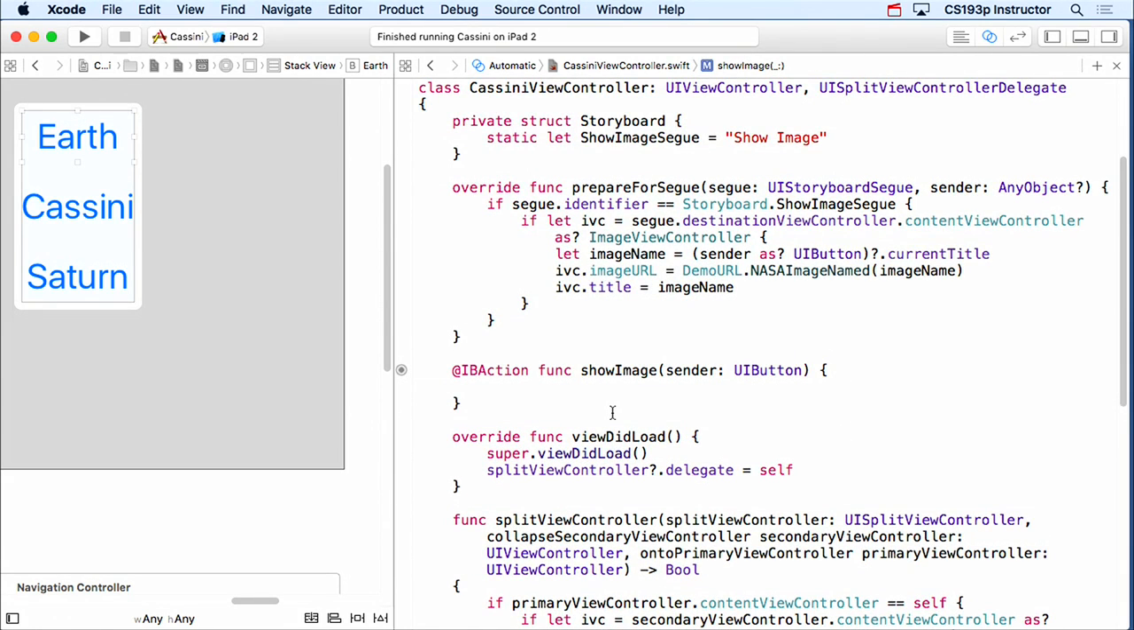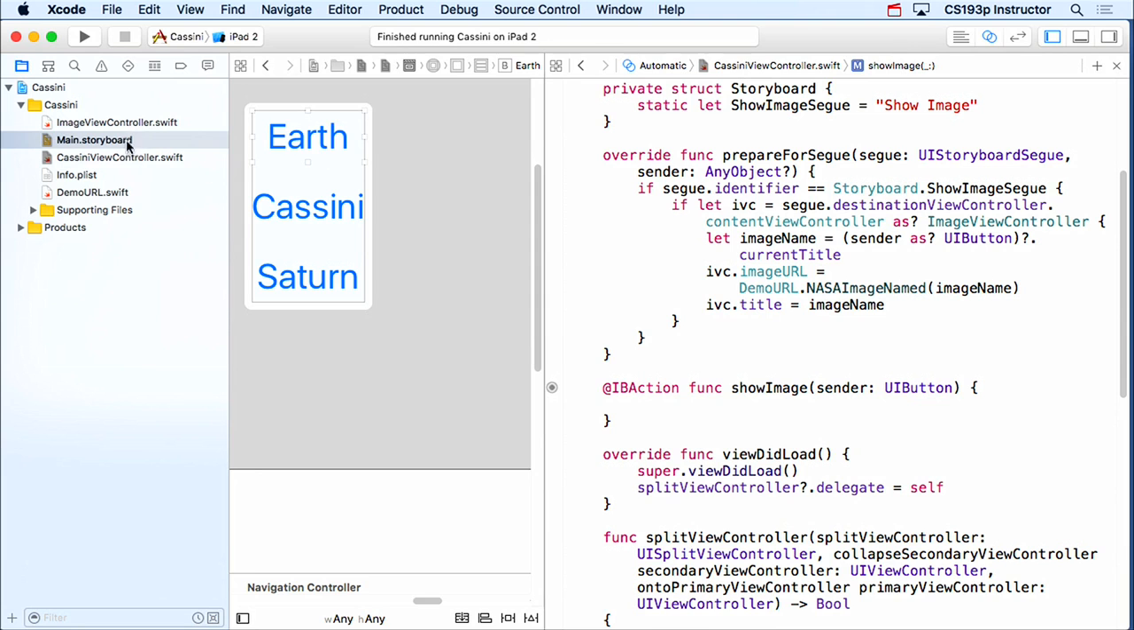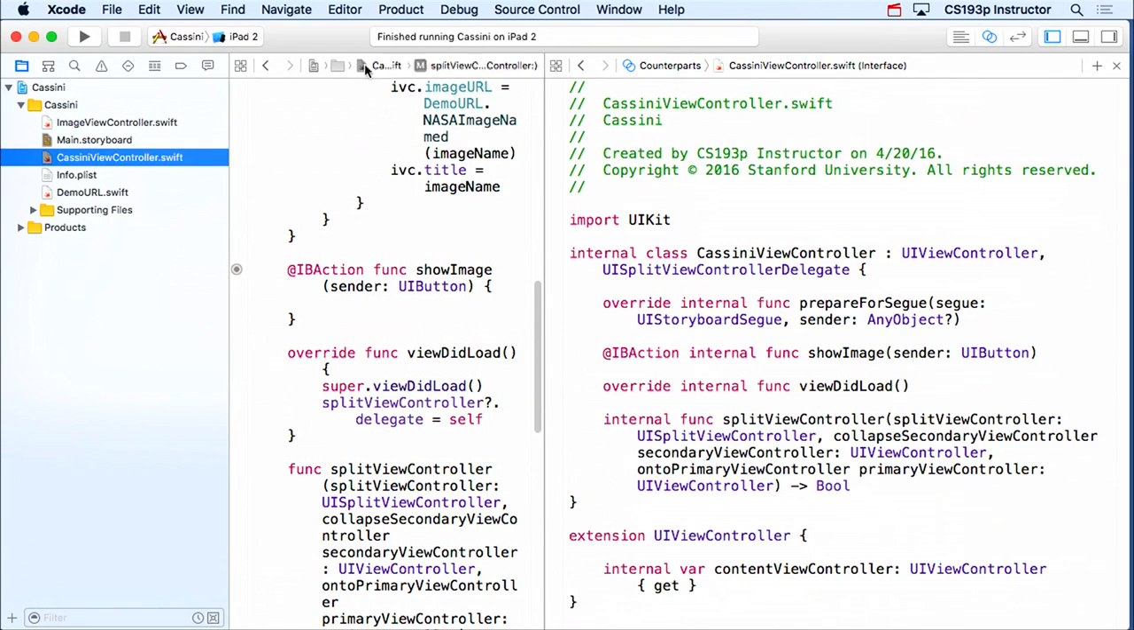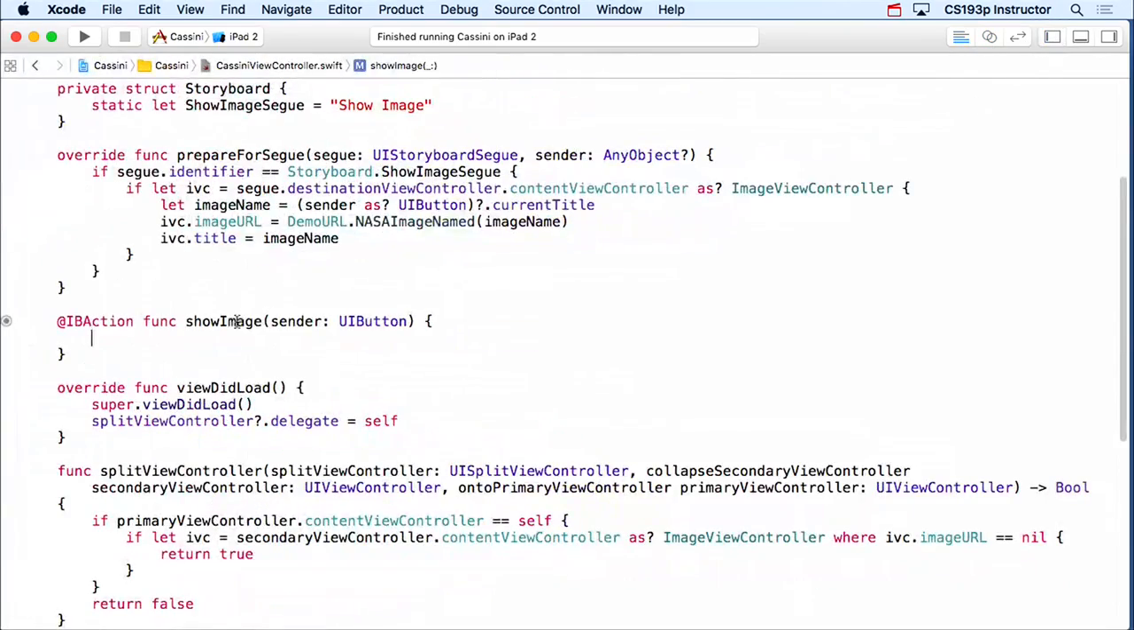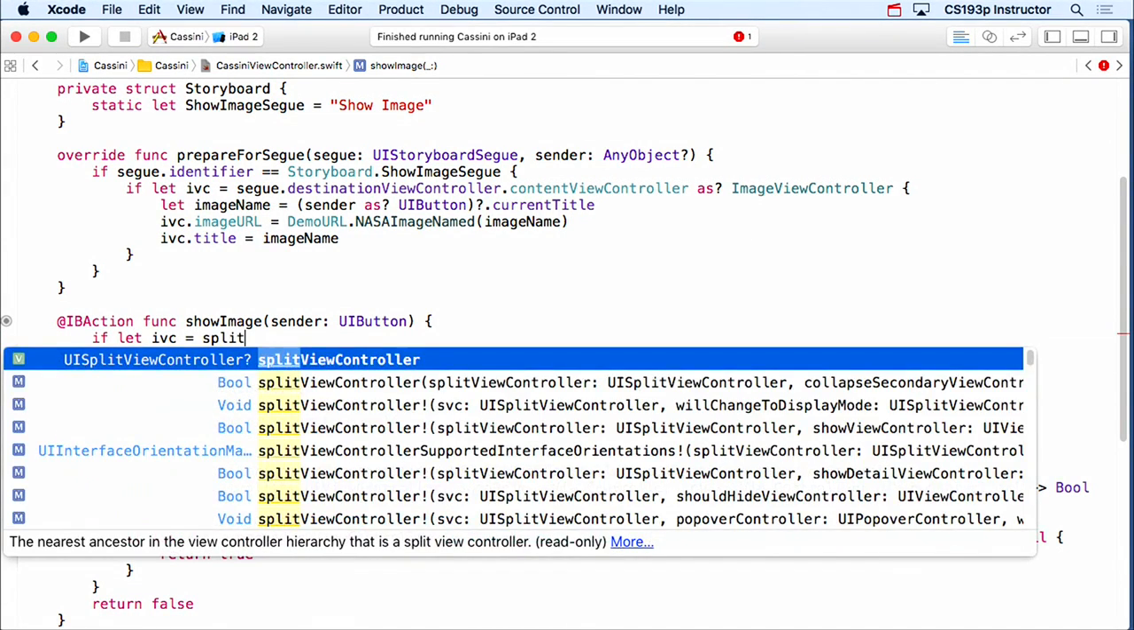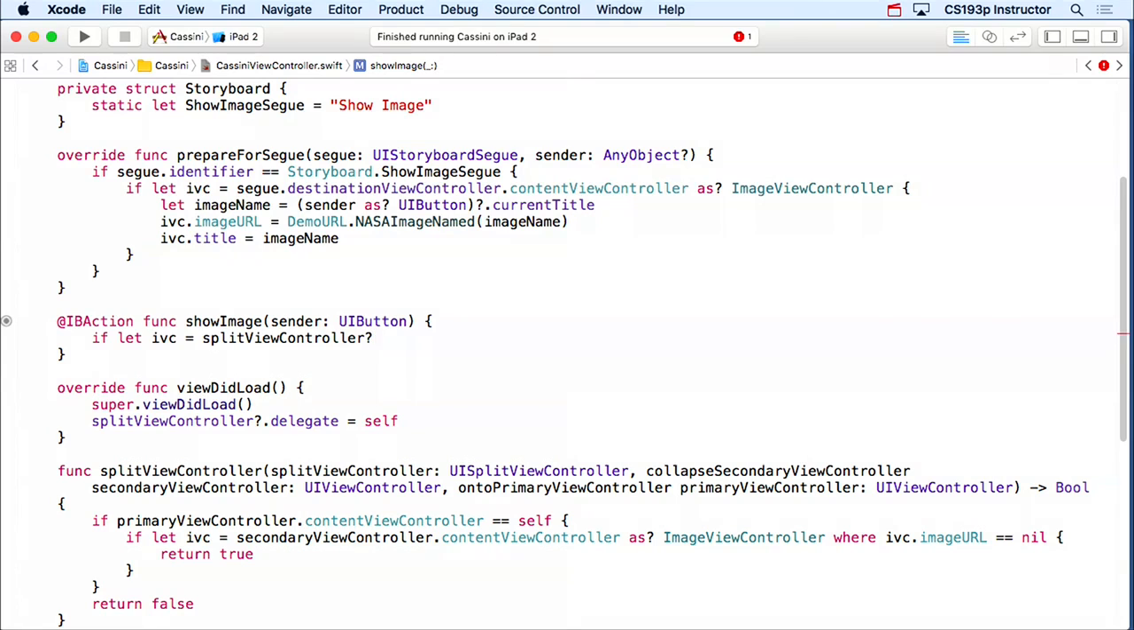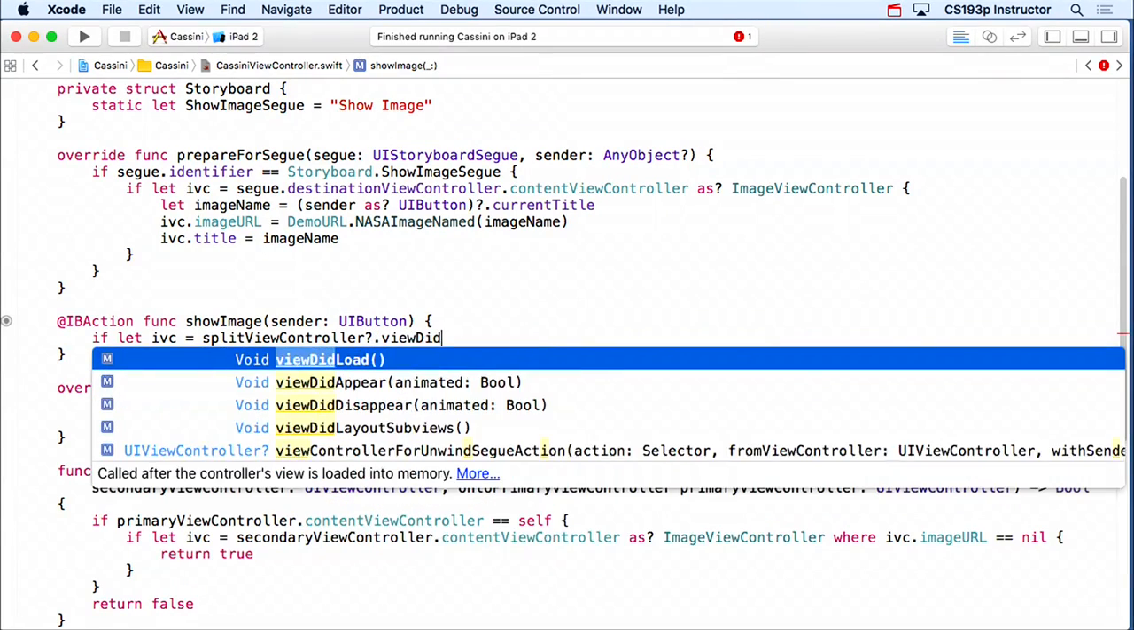So show image looks a lot like prepare for segue. We can only do this if we're in a split view, right? We can only do the show image thing here, this trick, if we are in a split view. Sorry, let me, just so we can see what's going on here. Okay, we can only do a split view, so I'm going to first check to see that. I'm going to say, if I can let the image view controller equal my split view controller's view controllers,